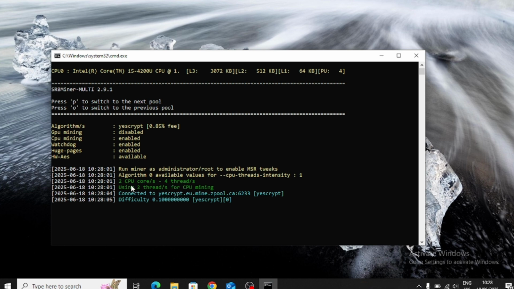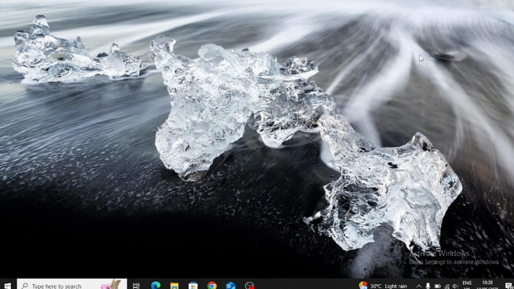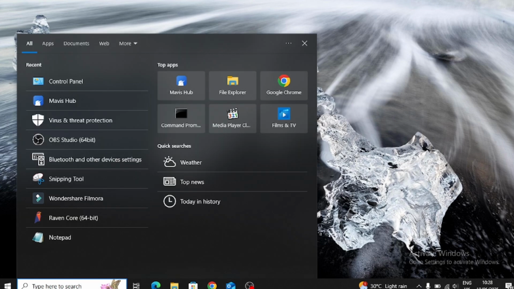Now some people actually use higher or more. This is what is going to increase your mining hash rate, which is your H/s. Now if you want to increase or enable your huge pages, follow these steps in this video. Let me close this mining because I just want to make this tutorial quick for you guys. So the first thing you do to enable your huge pages is to type in